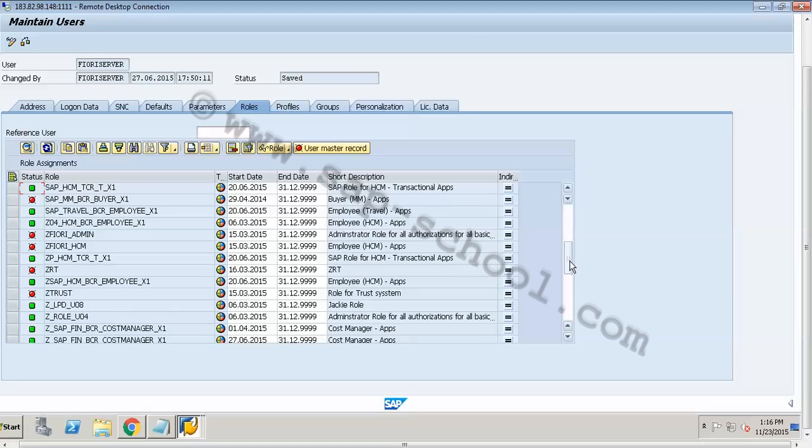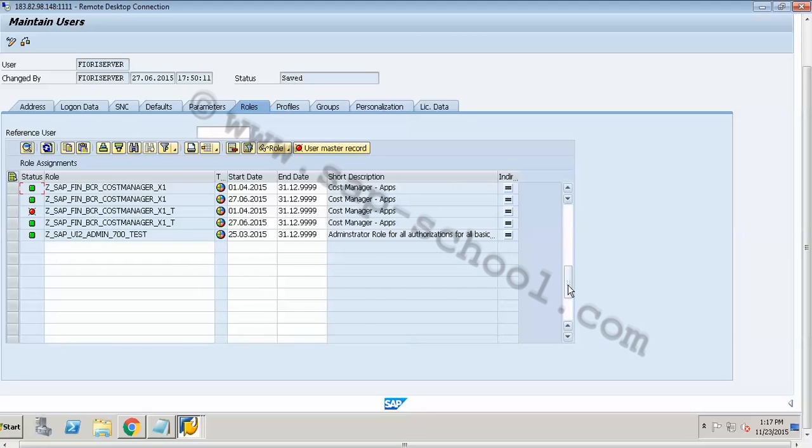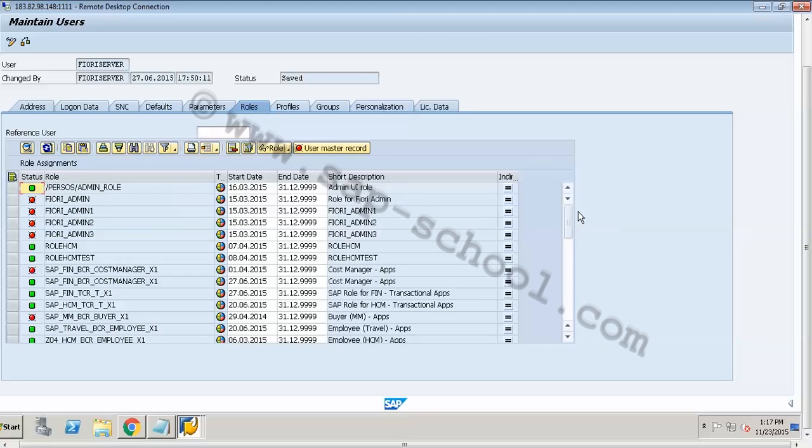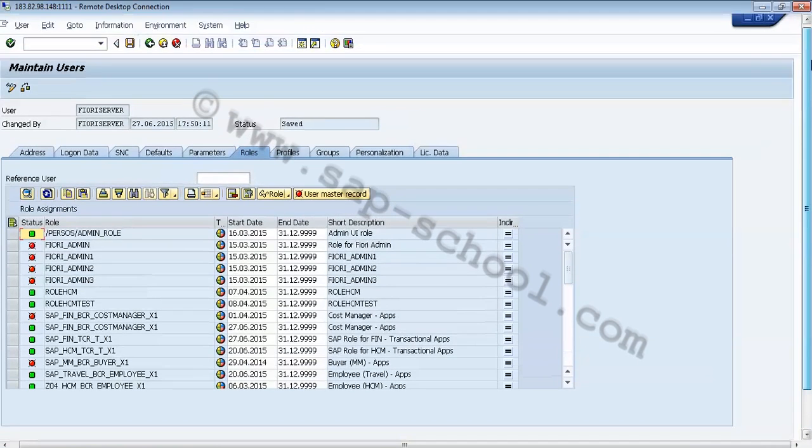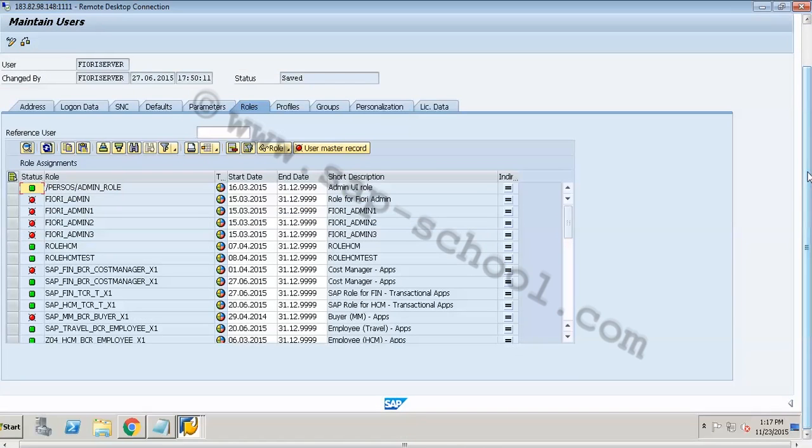So all these different roles this user has in this system. This way we can check which roles the user has, and we have checked that the same user has to exist in my front end as well as in my backend system.